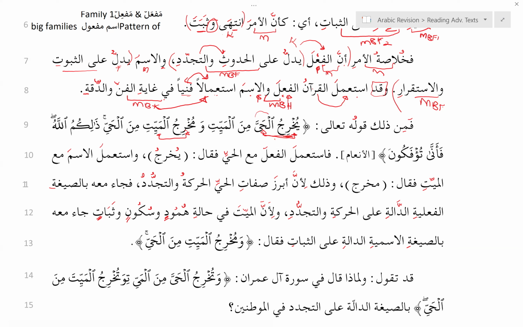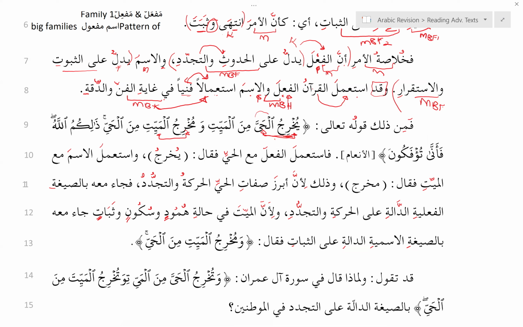That is a sign of life. But when something is dead, when a fly drops dead and you see it, it is motionless. Humud, it is motionless, it is still, it does not move. Wasukun, and it is quiet and still. Wathabat, and it is permanent and established. There's no regeneration, there's no renewal, there's no movement, there's nothing like that. And because of death having this quality of stillness and permanence and motionlessness, he brought the nominal sentence.